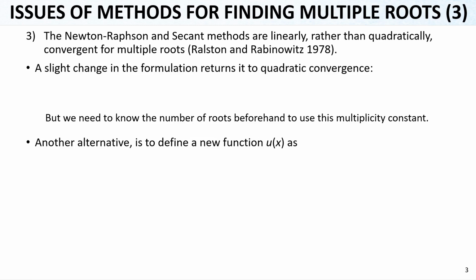The third issue for the numerical methods for finding multiple roots is that the Newton-Raphson and secant methods are linearly rather than quadratically convergent for multiple roots. So this linear convergence can be a problem. That's why we can have a modification to have a quadratic convergence. And we can do this way. We can say that our